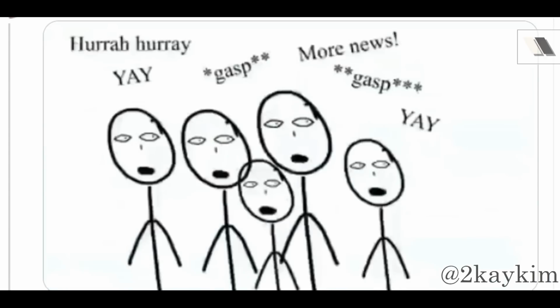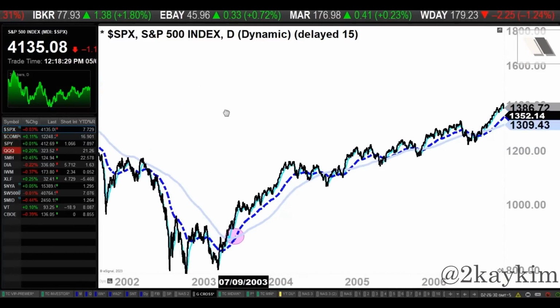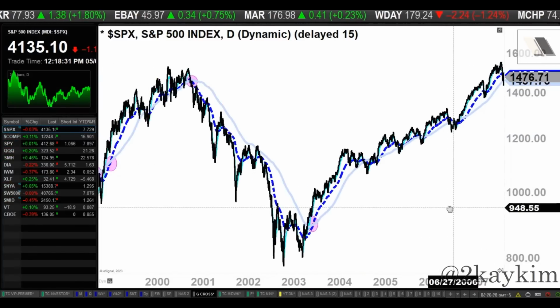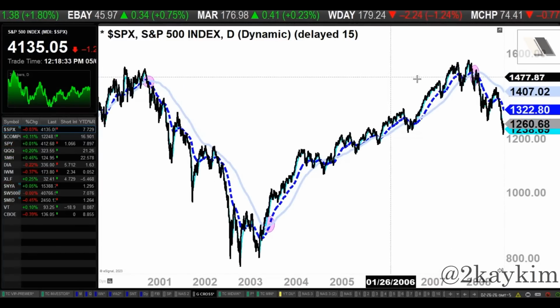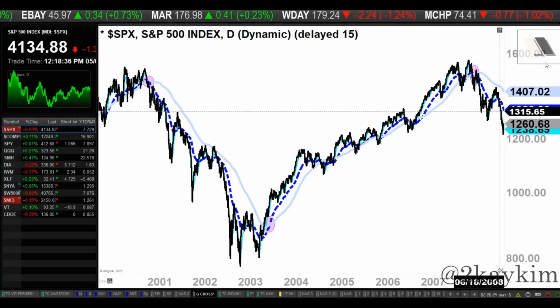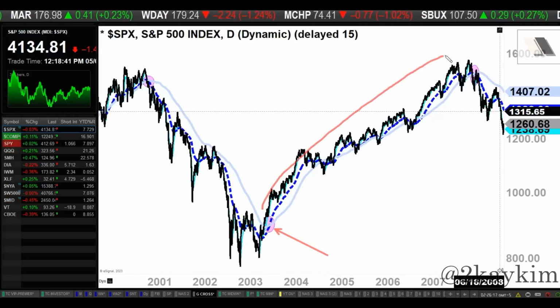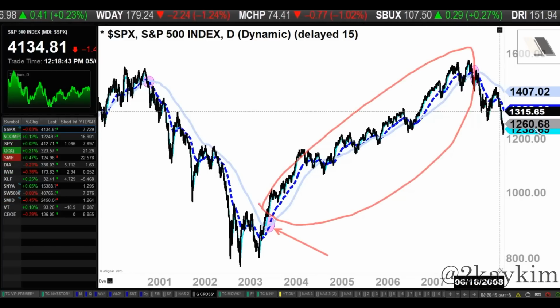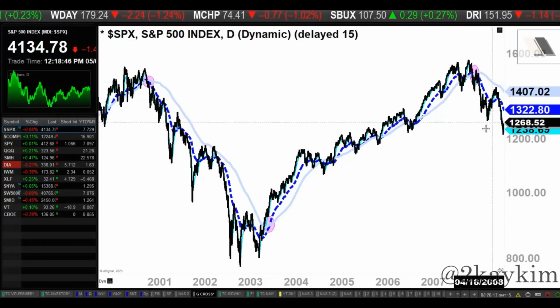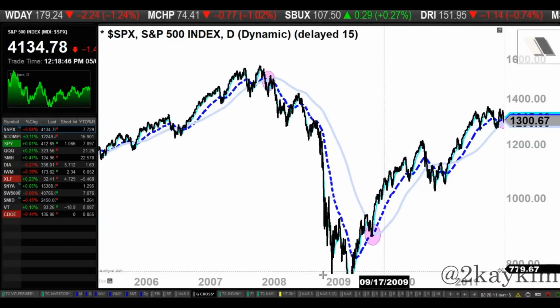Yay, hurrah, hooray. And that made way for an all-time high level, all the way to even a slight new all-time high, but you can see. So that golden cross signal right here yielded about 4 years of bullish run. Perfect. And then 2008, the financial crisis, the subprime mortgage fiasco